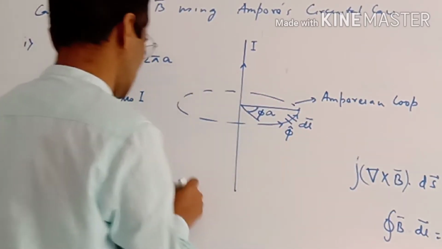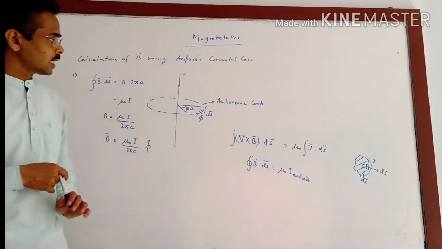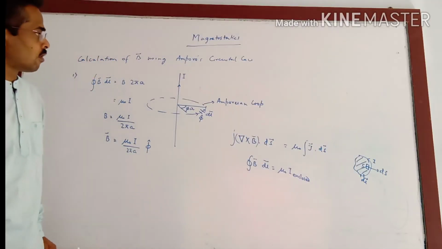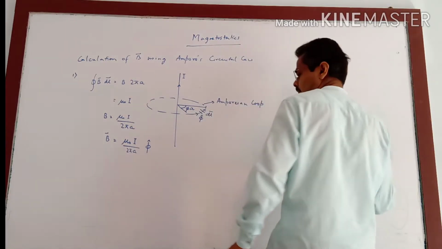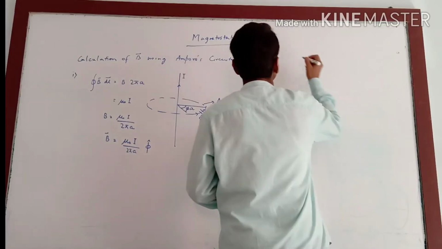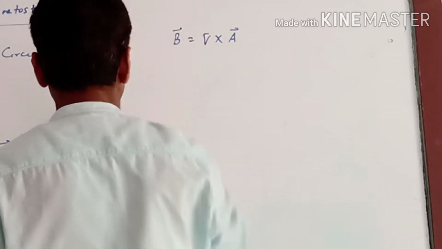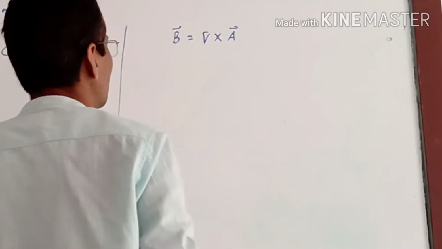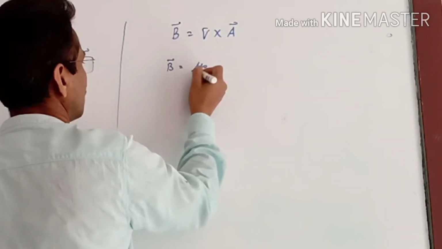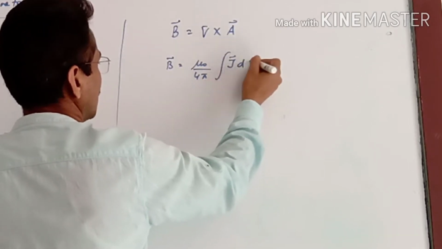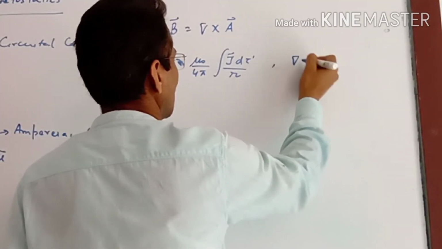This is the expression which we have arrived at using Biot-Savart law. We can equivalently use another form to first of all calculate the magnetic vector potential, which is given by B equal to curl of A. So one can calculate A for the same problem. It has been shown previously that if B according to Biot-Savart law is given by mu naught by 4 pi integral of J d tau prime by R, where tau prime is the elementary volume, then the corresponding A is given by